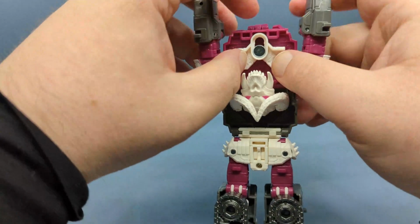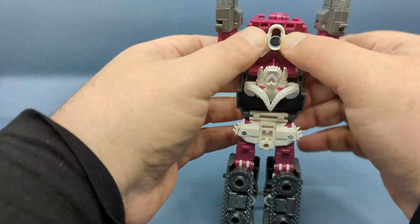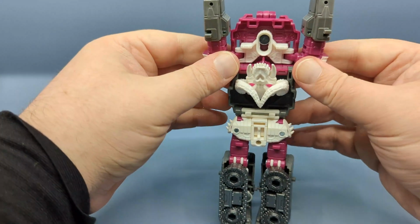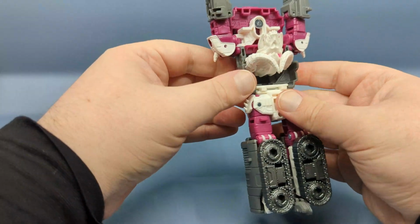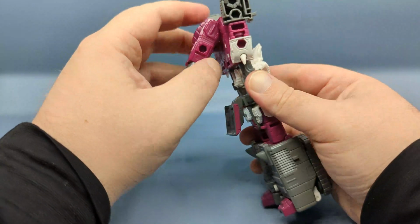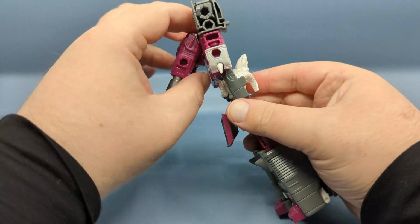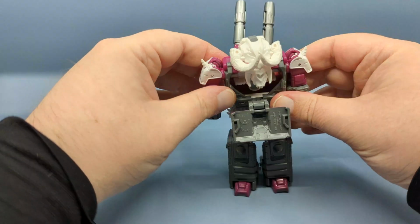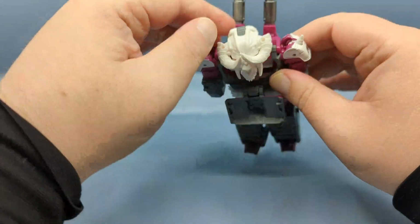Now we pull down. This time we're going to push. We're actually going to be pushed up. Now we're going to pull down to snap the arms into proper position. Come back around, open up this chest panel, and then begin to flip the back section down. Flip up